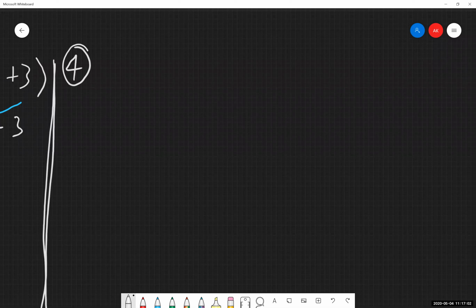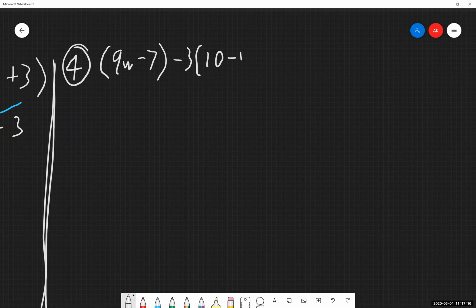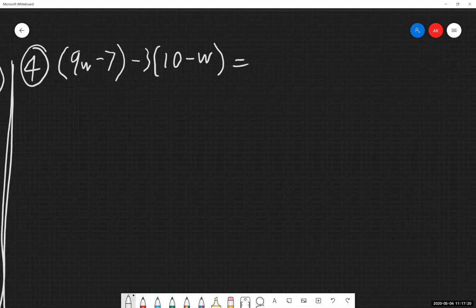So look at number 4. Again, we're getting to some of these where now we're going to have a lot more setup steps with these things, which is fine. But again, make sure you are keeping track of where you're at in the problem, what you are doing, what your next step is going to be. Be very, very methodical with it.